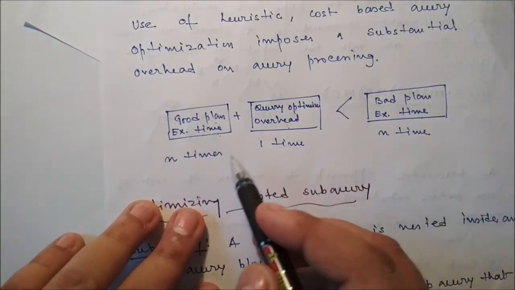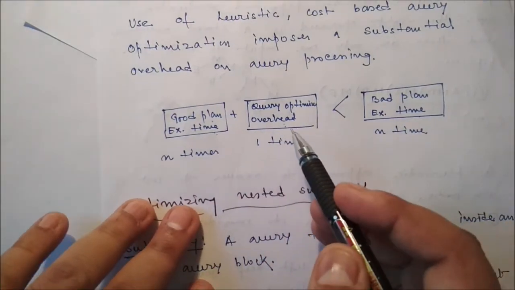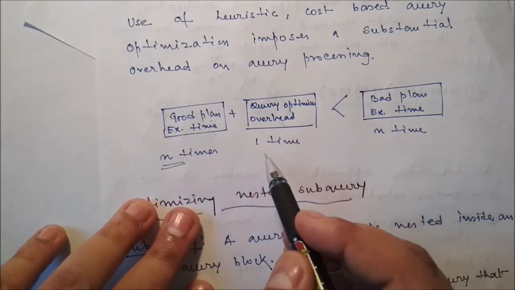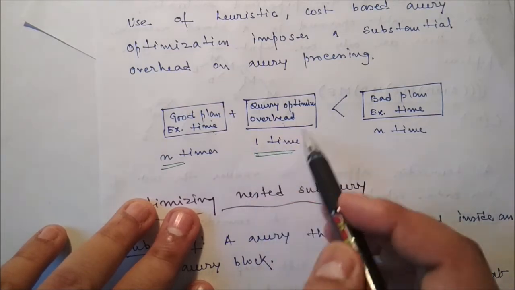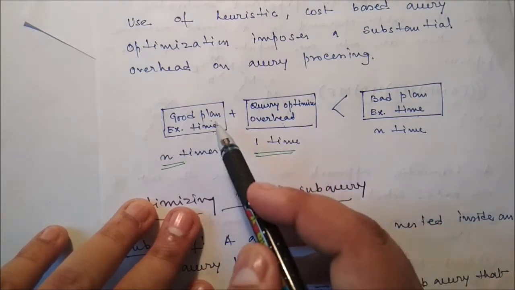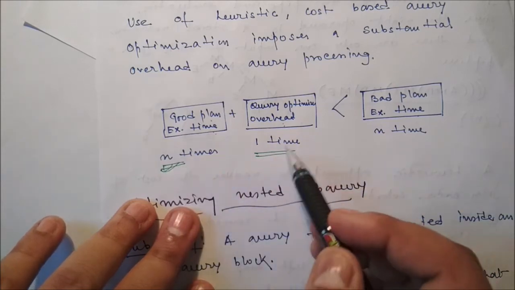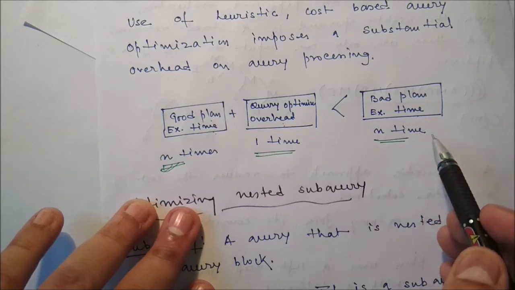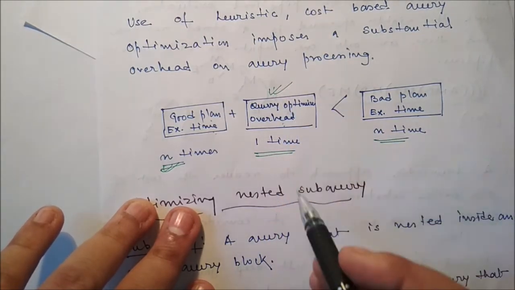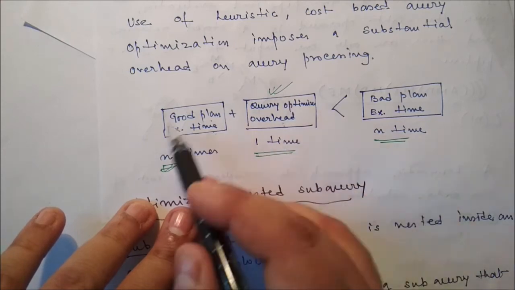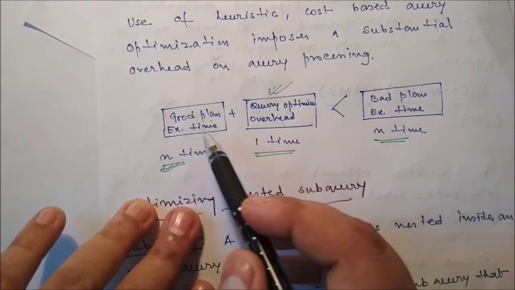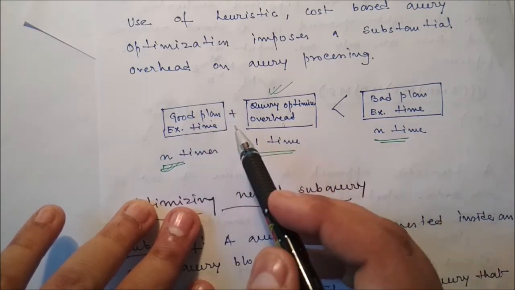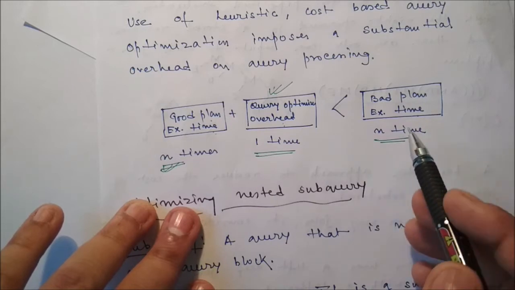And you already know, suppose in an application we have to execute the same query n times. We have to do the optimization only one time to identify the best plan, and we execute that best plan n times. So definitely it is effective. And if you execute the bad plan n times, definitely the total is very high. So that is the use of this. Though it is an overhead, in total, if you add the execution time of the good plan, it will be very low as compared to the execution time of the bad plan.